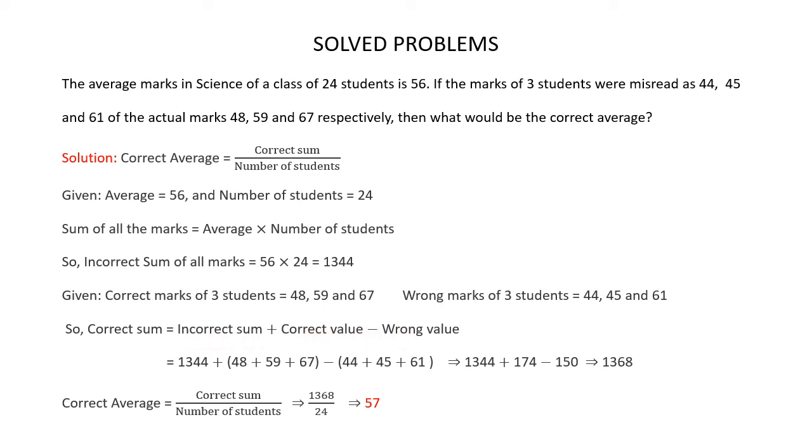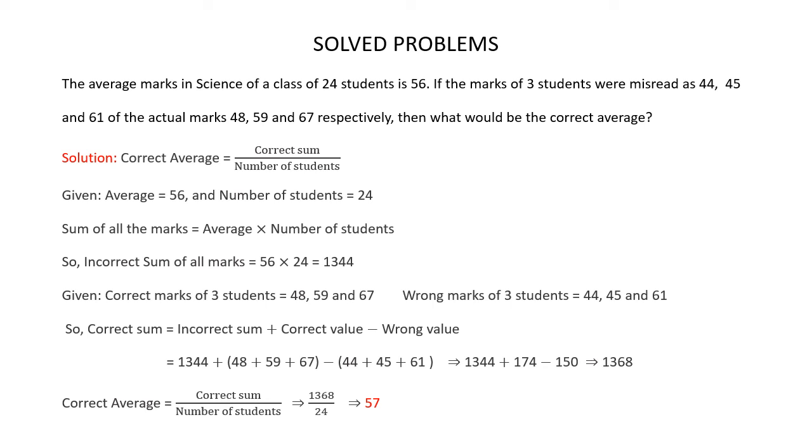So correct sum is equal to 1344 plus (48 plus 59 plus 67) minus (44 plus 45 plus 61). This is nothing but 1344 plus 174 minus 150, which gives us